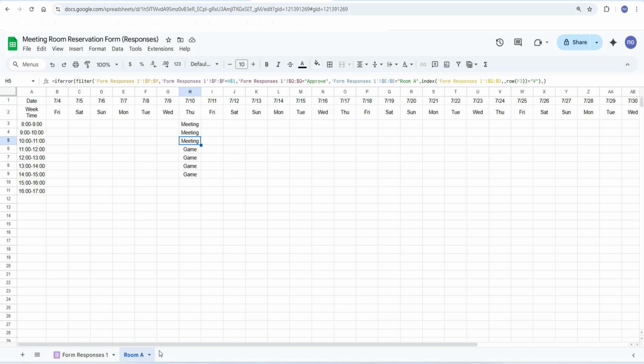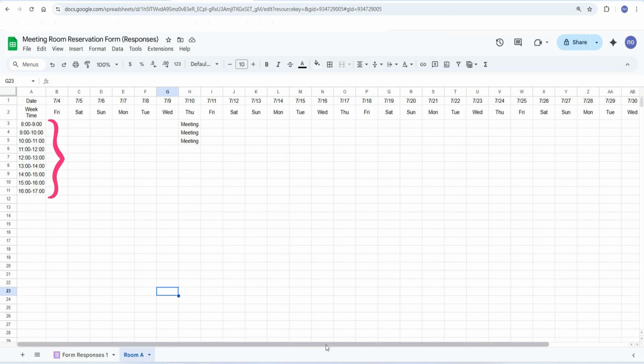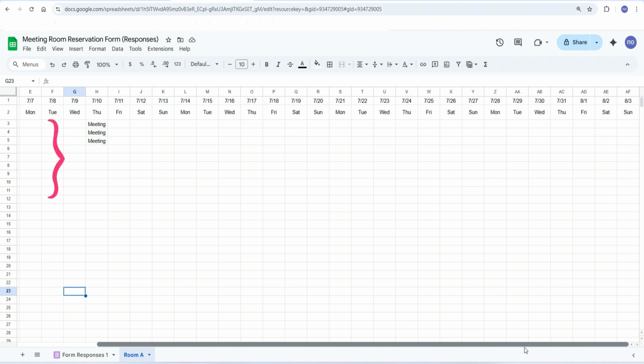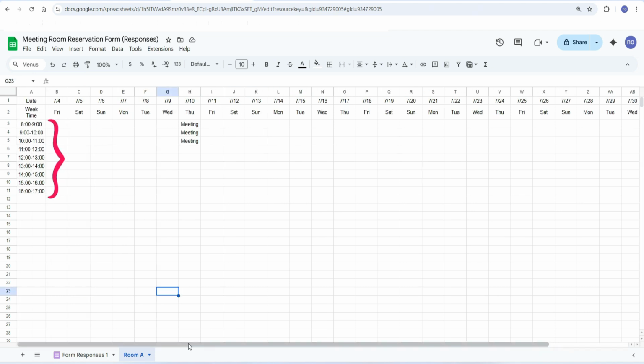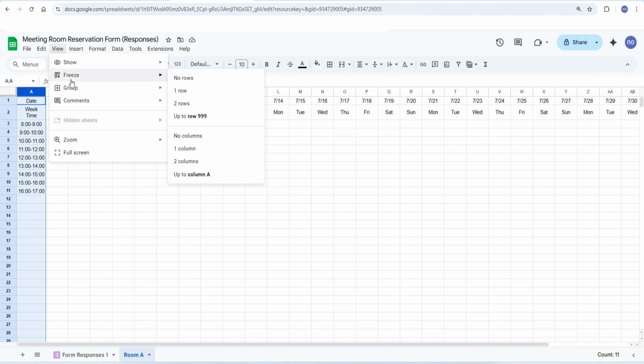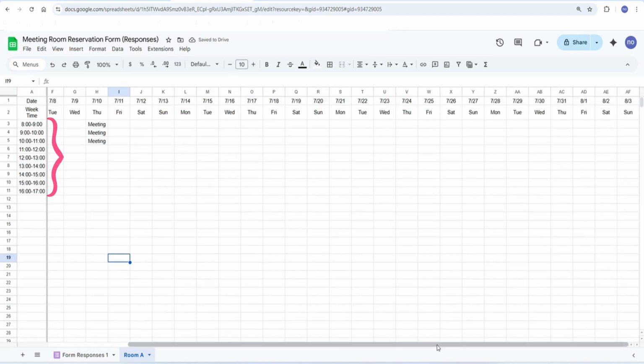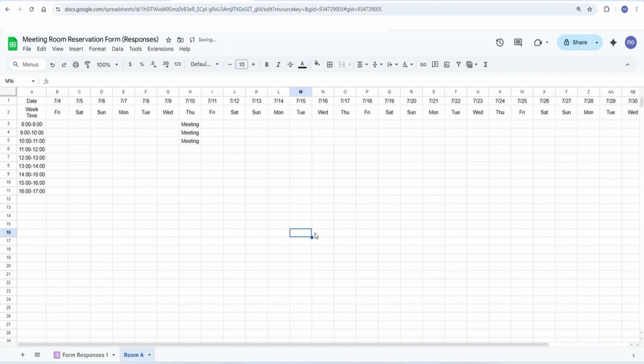Let's go back to the original schedule. To keep the times visible, you can freeze the first column here. Now even if you keep pulling the data, or add your data, you can always see your time here. The schedule here is almost done. If you want to know how to make other room schedules faster, please see my next video. And if you want to know how to make schedules faster, which I just mentioned, please follow my next move.